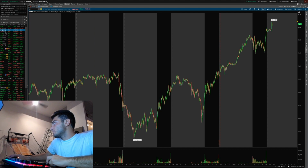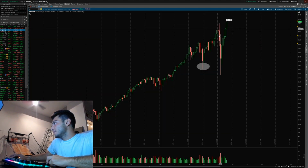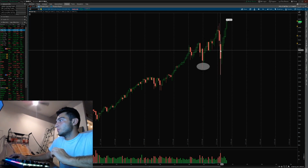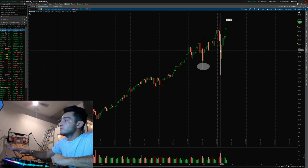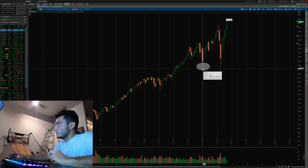And yeah, that's pretty much it. We're at all-time highs. Been a wild ride. This chart is just beautiful. And this little highlighted area was my support. Remember in March when we were just crashing? Nobody knew when it was going to stop. That was my support. That was the last time we got a crash